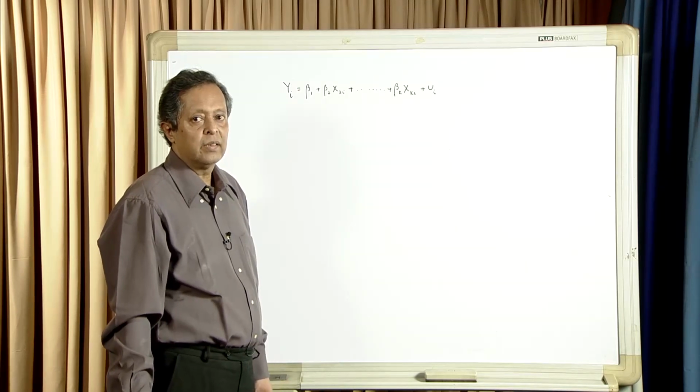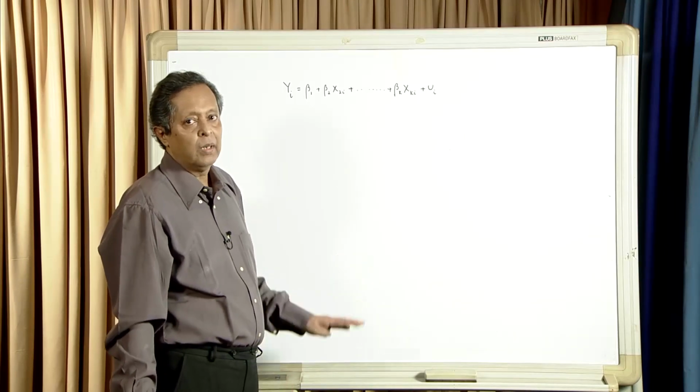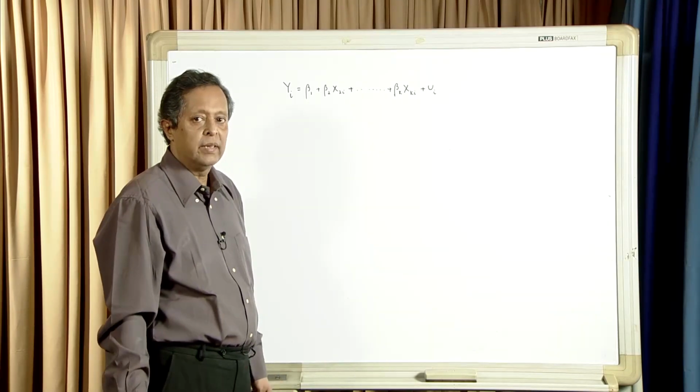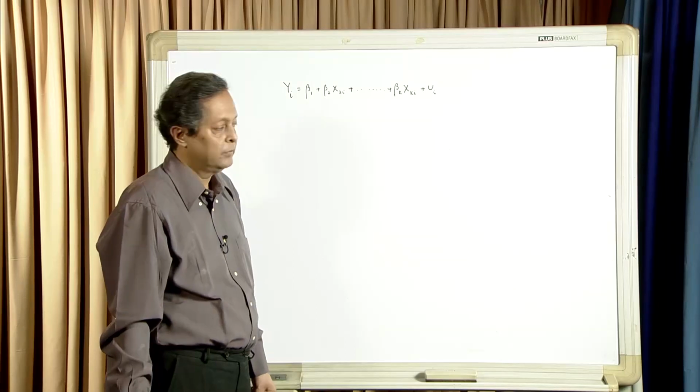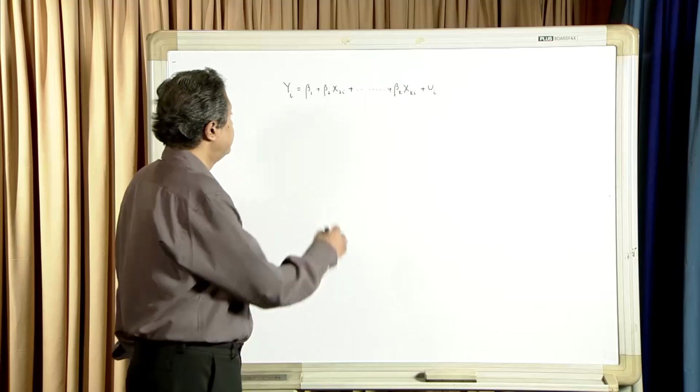Also, we assume that there is no perfect multicollinearity in the model, which makes the model estimable using the ordinary least squares method. So, the estimated model is written as